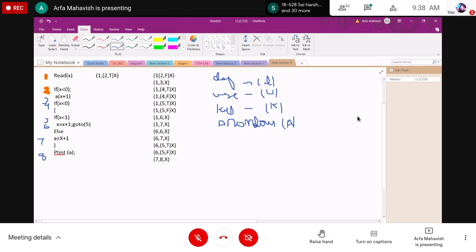And we have the P use and the C use. P use is nothing but predicate use.